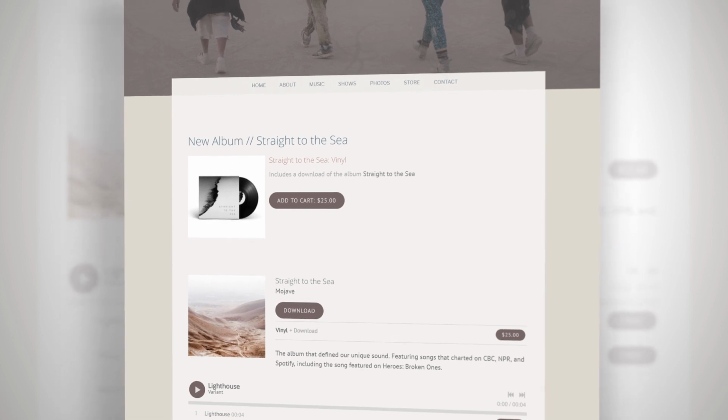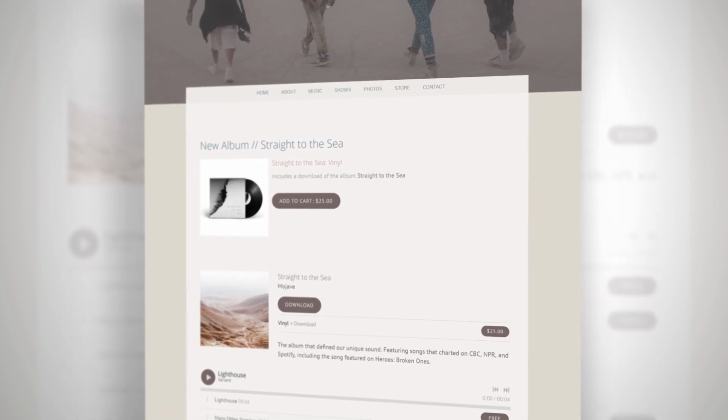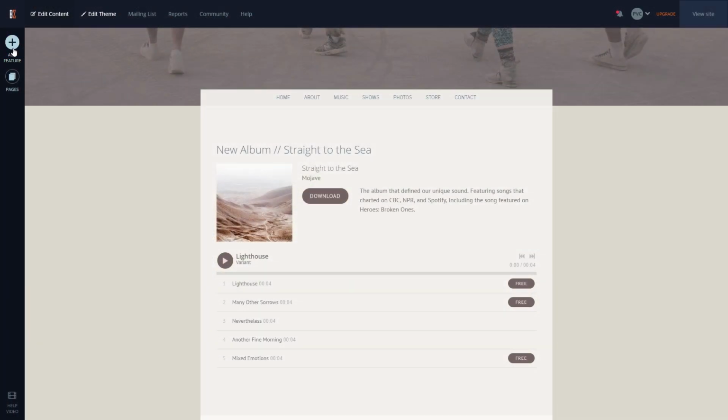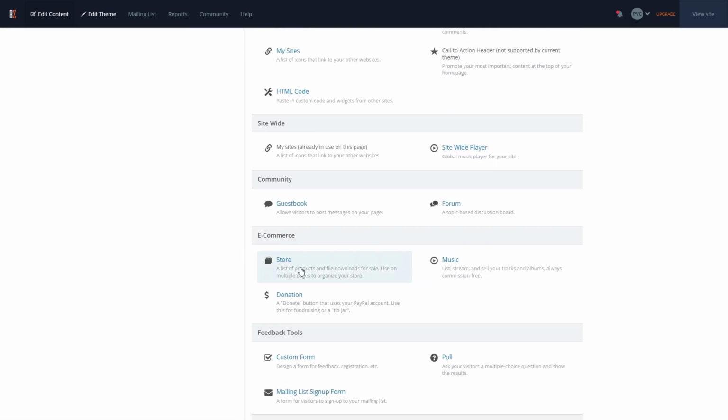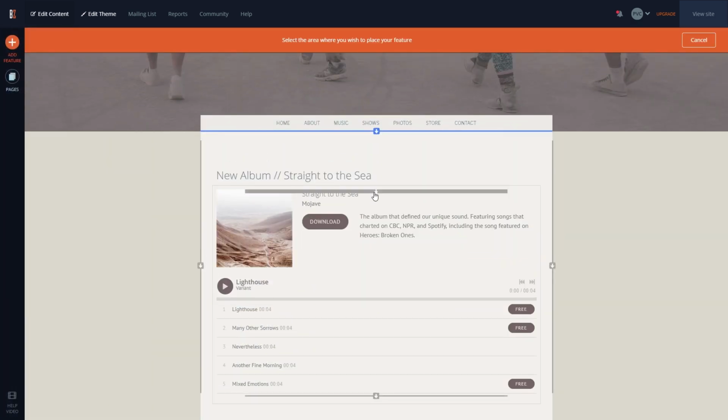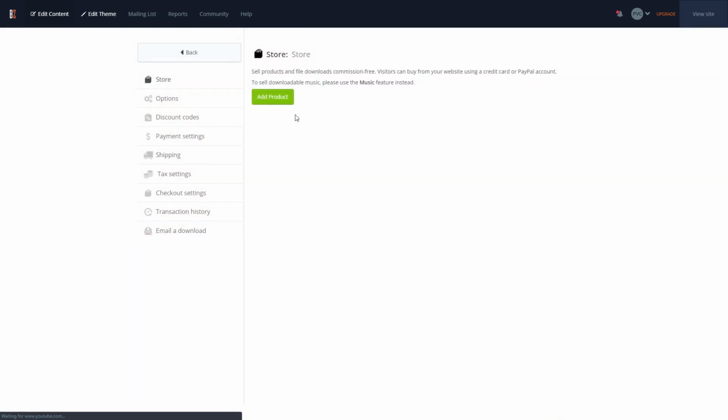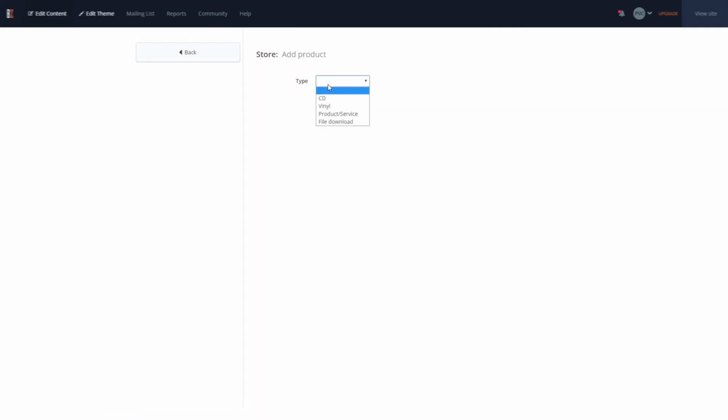To get started with physical album sales, we'll go to the Add Feature button and add a store feature to the page. From here, we can select Add Product and select either the vinyl or CD option depending on the physical format